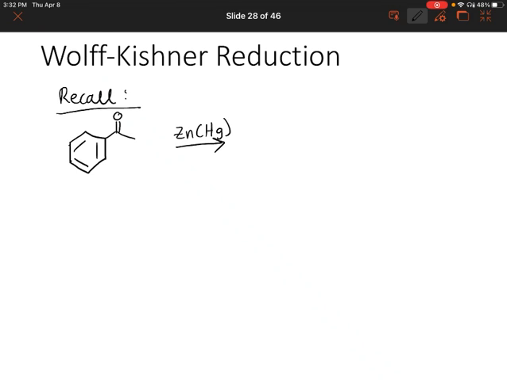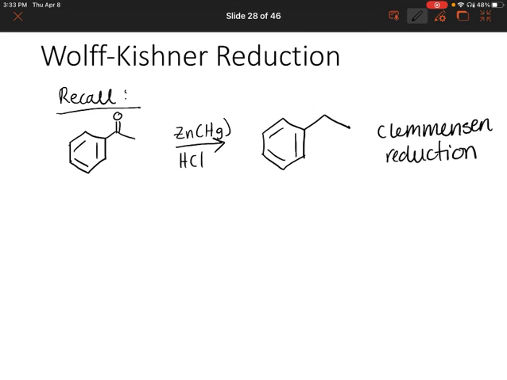So remember, if you have a ketone bonded to a benzene ring or even an aldehyde, you can use an amalgamation of zinc and mercury with hydrochloric acid, and that will reduce the ketone to a simple alkyl group. So kind of similarly here, but slightly different, our Wolff-Kishner reduction